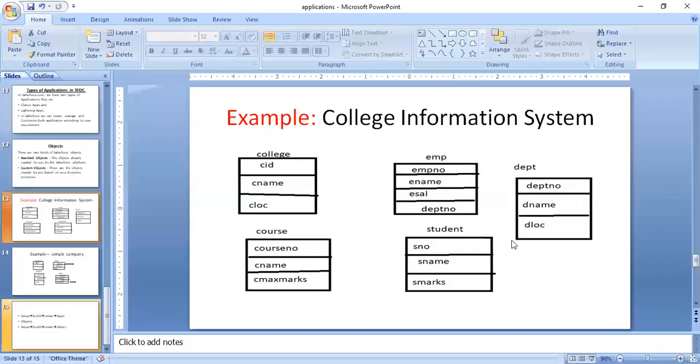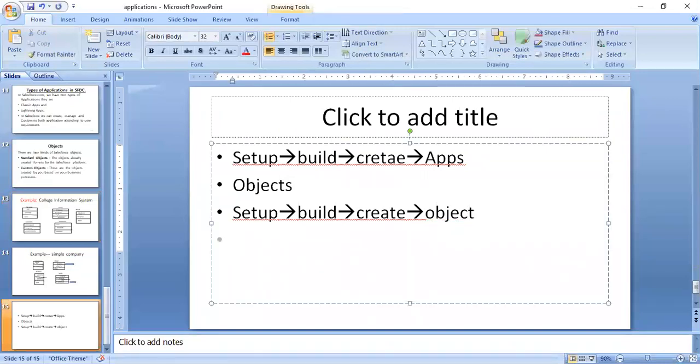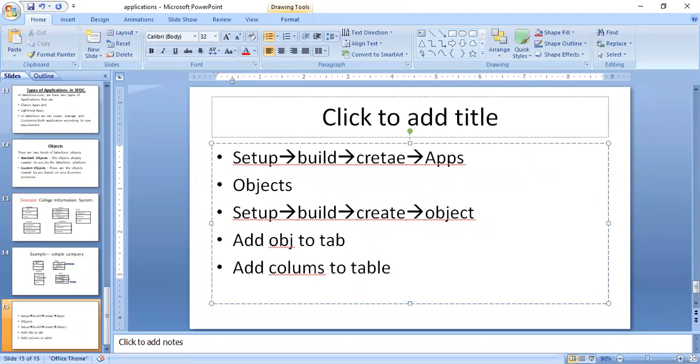Here you created the application, and then created the object, and added the object tab. The next thing here is adding fields to the table. Add field in the sense columns to the table, in the sense object.